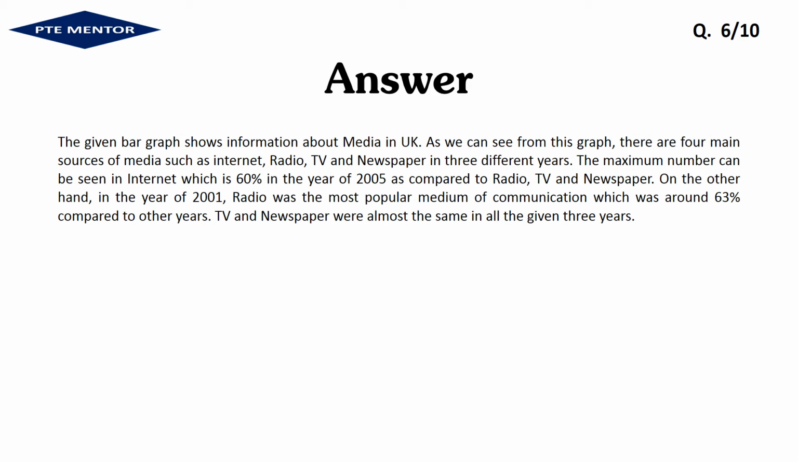The given bar graph shows information about media in the UK. As we can see from this graph, there are 4 main sources of media such as internet, radio, TV and newspaper in 3 different years. The maximum number can be seen in the internet, which is 60% in the year of 2005 as compared to radio,